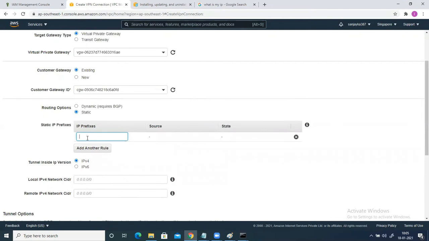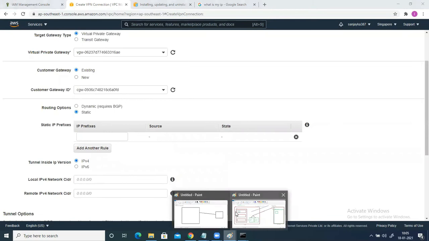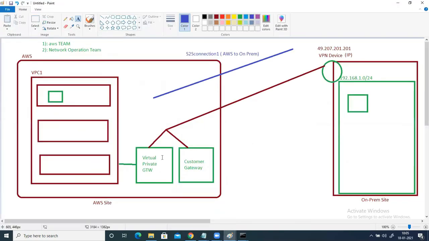So it is asking with whom you want to establish the connection now, right? With which network you want to establish the connection. Basically I'm trying to establish the connection with the on-prem. In on-prem, this is the network, and with this network, I am trying to create the connection. In real time, you will have a number of networks inside your office. On the first floor, there will be a different network. Second floor will be a different network. So you can mention whatever network you want to be connected via this site-to-site VPN.